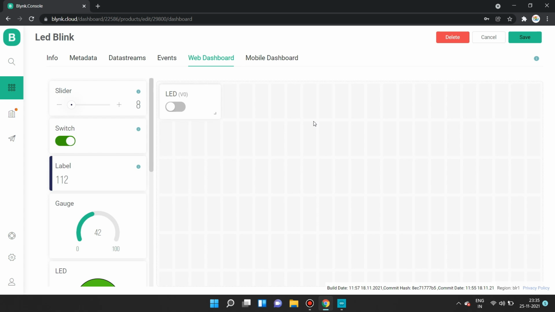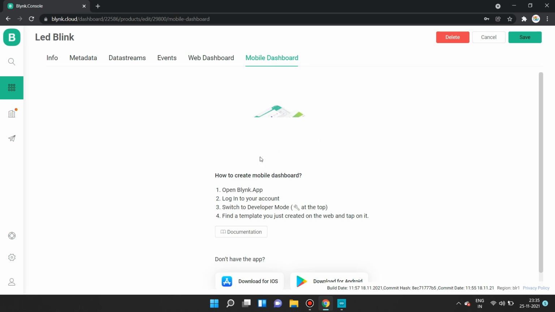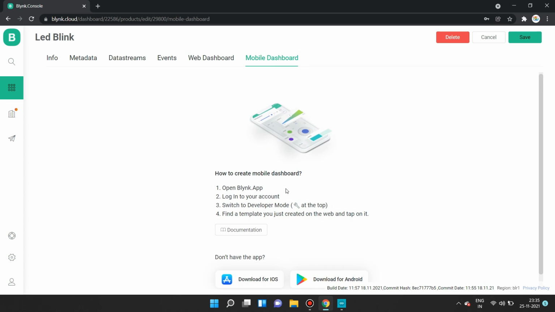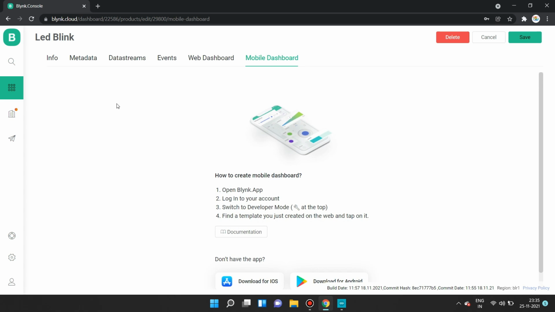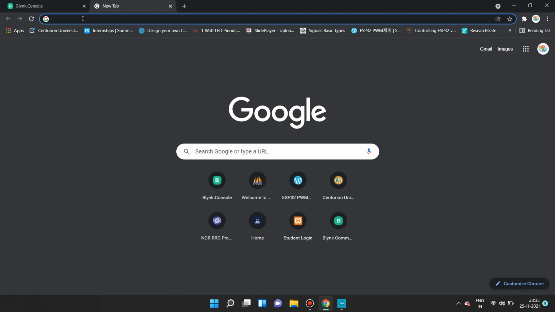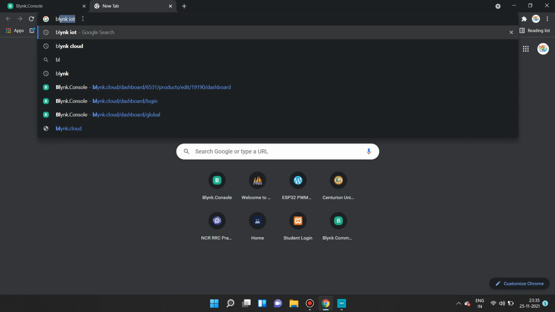Now we have to, there is a mobile dashboard. You have to download the Blink application from Play Store. Okay, before going to coding section we have to go to Google and search Blink Agent.